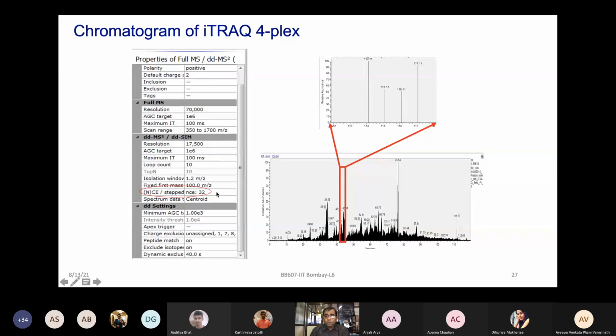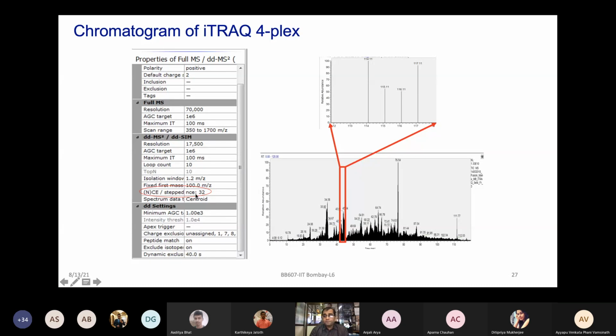There are many things which you want to look over there, especially the resolution and the different scan ranges. But as I said, many of those things become instrument specific and depend on the type of technology which you are using. Nevertheless, collision energy is very important, whether you use QTOF or Orbitrap. You want to optimize what is the best collision energy which is going to give me this type of reporter ion patterns.